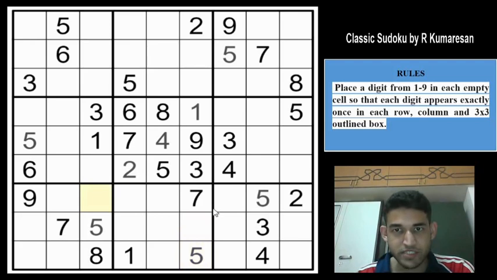Let's look at column 6 now because it has 6 digits filled, and in classic Sudokus it always helps to look at rows or columns or boxes which are almost filled. So 1, 2, 3, 5, 7, 9 have been placed. Remaining digits are 4, 6 and 8. And 8 cannot go here. So this is a 4 or a 6. And this cannot be a 6. This is a 4 or 8. And this has to be a 4, 6 or 8.